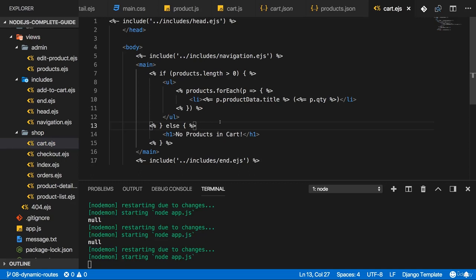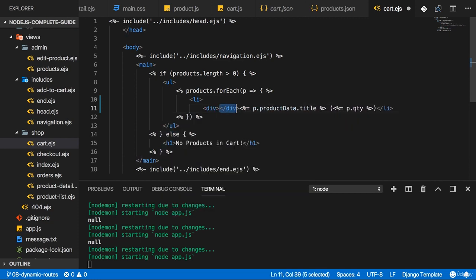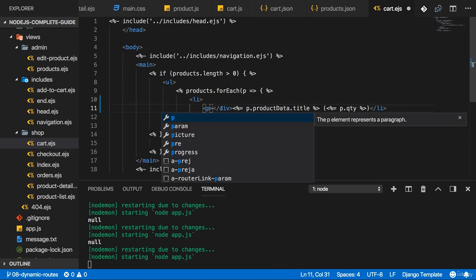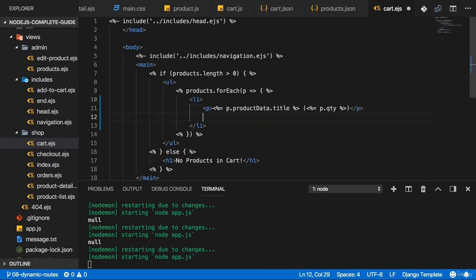Let's make sure we can now also delete items in the cart. And for this, in cart.js, I will change my list item a bit. In there, I'll add a div first of all, or maybe let's add a paragraph to be semantically more correct, which will output the text for this cart item, so things like the name and the quantity. And then I will also add a little button there,